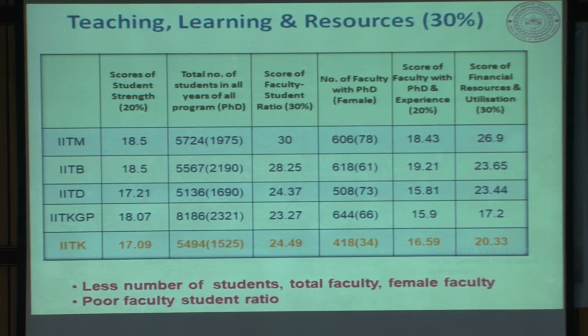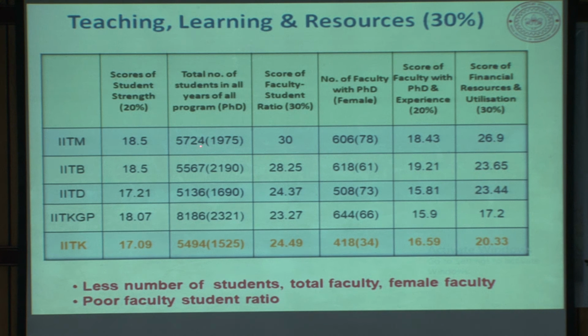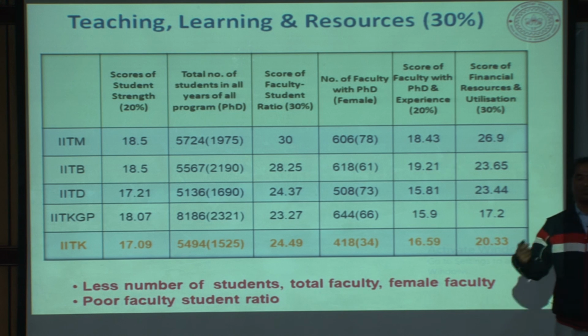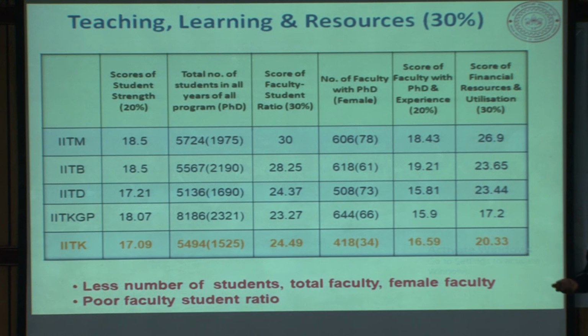Yeah, sure. Right. And for teaching, learning, and resources, there is a 30% weight. You can see these are the scores which have been obtained, and these scores are not differing much among the different IITs, 18.52, and we are at 17.09, and there is a valid reason. For example, in this column you can see the total number of students in the IITs, and inside the bracket is the total number of PhD students. Right, because the number of students coming for the UG program through JEE is fixed, you cannot do much. So it is the PhD program which has to be more attractive, and it depends on the student where he wants to take admission. In JEE, he doesn't have much choice whether he wants to go to IIT Kanpur or say IIT Bombay, because that depends on his actually